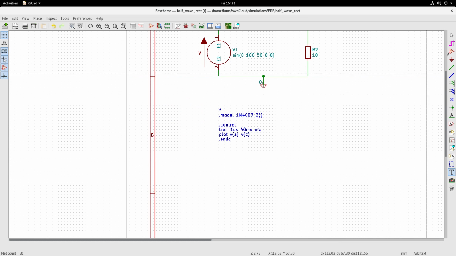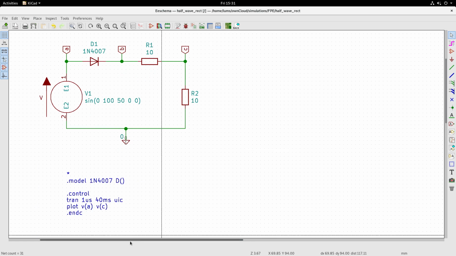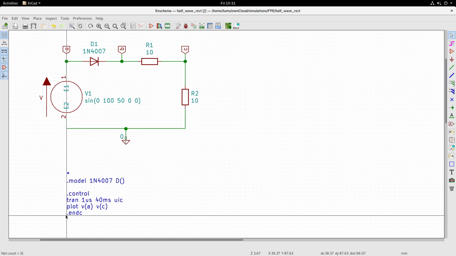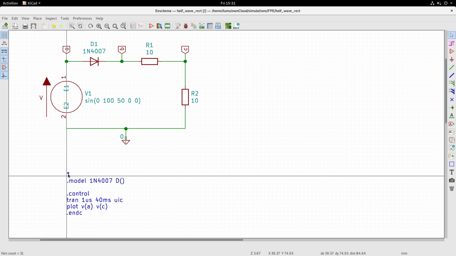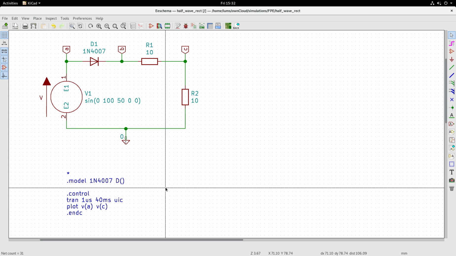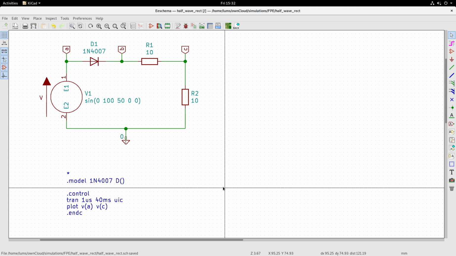So let me take this mouse and try to show it a bit more clearly. So you see that for this circuit I have here also a text label which is placed here, and in the label I have typed in the lines of code that I would like to add into the .cir file. You will see that whatever you have typed in this text will also get appended to the netlist. So this is a very convenient way to keep all information in one place. So now this file I'm going to save it and generate the netlist. So let me save that.